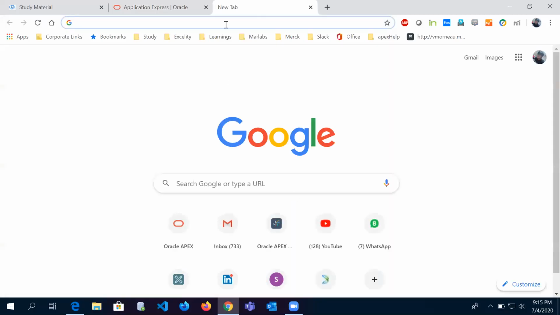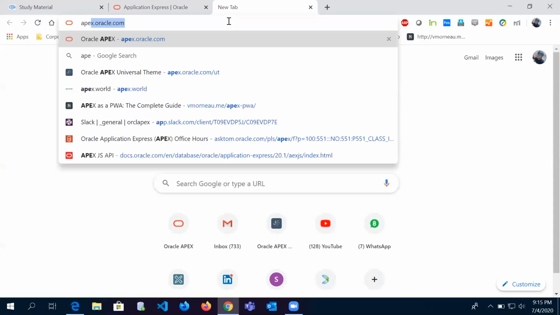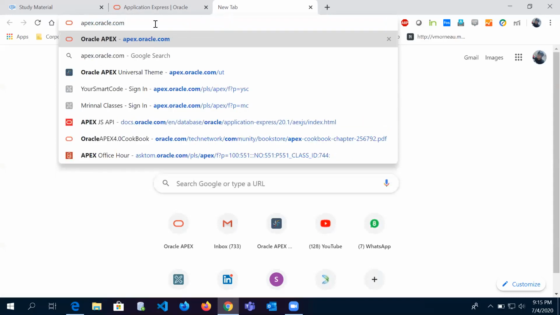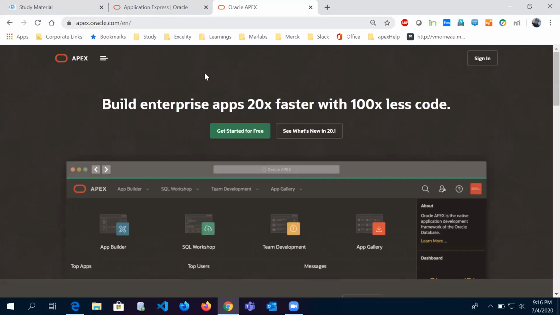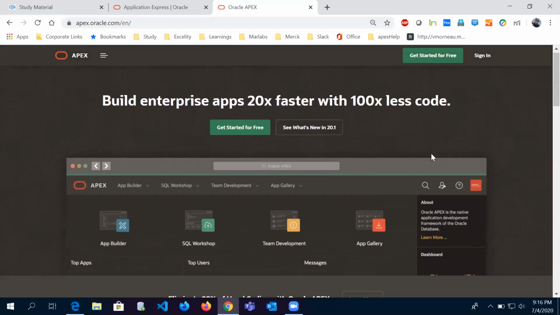I'll show you another link. We have a public link from Oracle's side, apex.oracle.com. This is a public platform for all Oracle Apex developers from where we can start. It is completely free of cost, and it is the upgraded version of Oracle Apex. We can start from here, or if you are interested, we can install the Oracle Apex environment on our local machine as well.